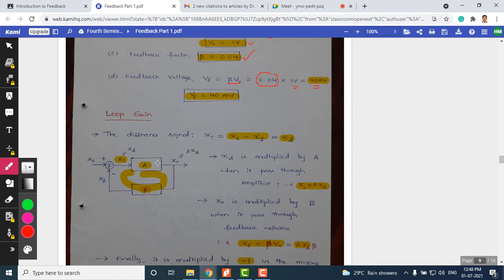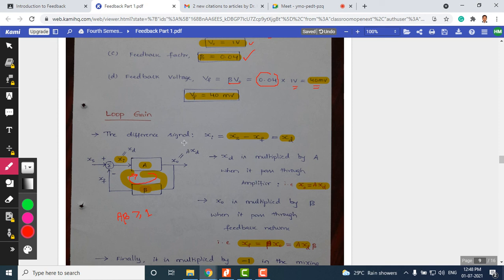Now, let us move on to another important parameter called the loop gain. As we already showed, there is a loop within the feedback mechanism, whether it is positive feedback or negative feedback. Here it is negative feedback, and there is always a loop, because A and beta are connected such that they form a loop. In an oscillator circuit, the loop gain A beta must be greater than or equal to unity for the circuit to generate oscillation. This is also called the Barkhausen criterion.